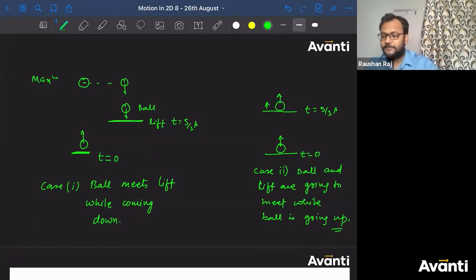Guys, click yes if you have understood these two cases. If you understood these two cases, then only you can get the correct answer. Otherwise, it will be a tukka, or you can say a guess, but that is not the correct approach. If you have any doubt, please let me know. Otherwise, please respond as yes.